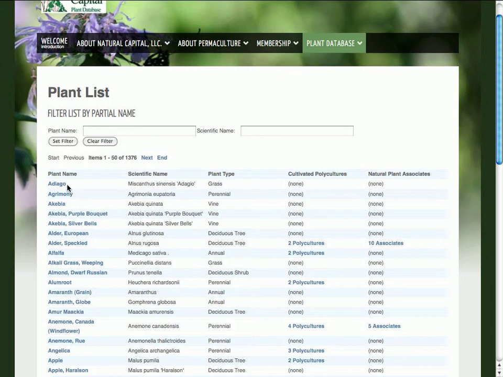Plants are listed alphabetically by plant name and then adjoined by their scientific name, their plant type, and then the polycultures which they may or may not be a part of. Cultivated polycultures are the polycultures that designers have devised and put plants together that have mutually beneficial ecological functions. And then natural plant associates are the plants when they are found in close proximity to each other